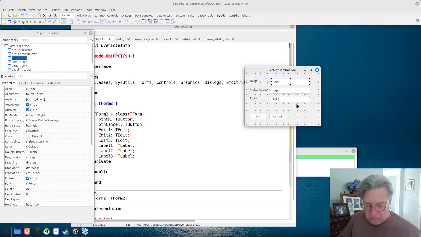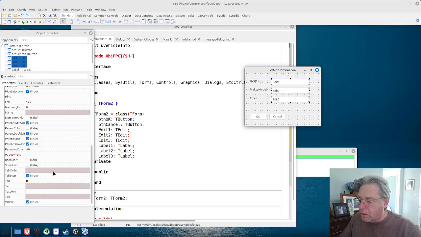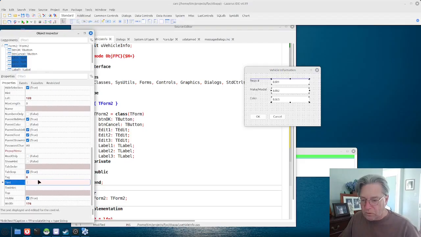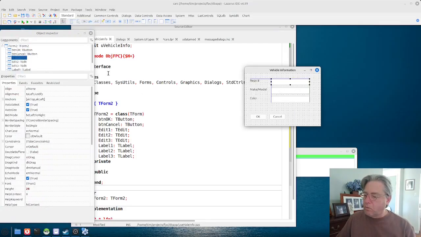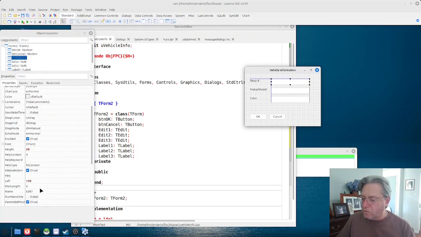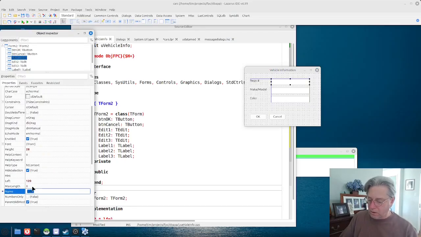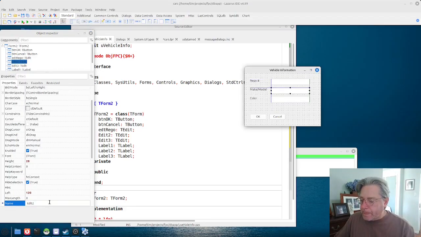So let's go and wonder if I can do this one here. Yep, okay, so we're going to remove the text in all of these fields. So control key down, select all my fields, and I can just clear that one. Now I want to change this name here so I can recognize it more easily. So we're going to call this one edit rego, edit make, and here